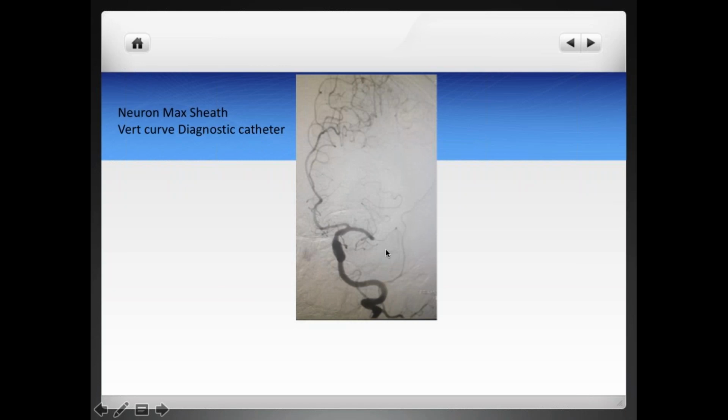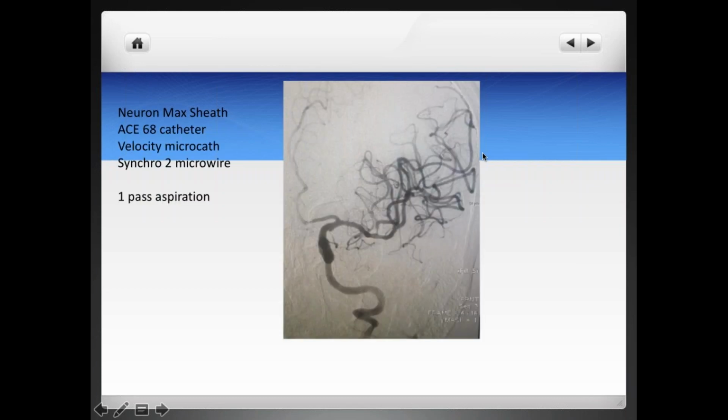middle cerebral artery. And this is the early arterial phase, so don't be shocked; you'll be saying by now, oh, but there are no collaterals right there, so this patient is going to do poorly. Well, it's the early arterial phase. My mistake that I didn't put any late arterial phase in this case, but the patient did actually have good collaterals in this case. And this is one pass of aspiration thrombectomy.